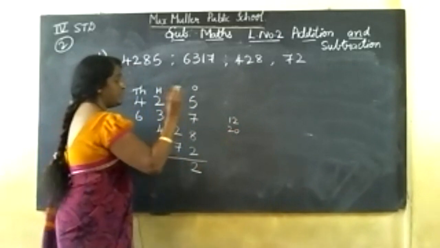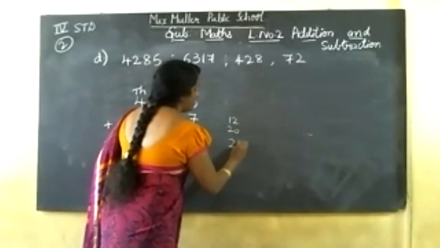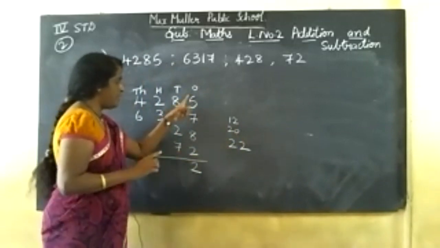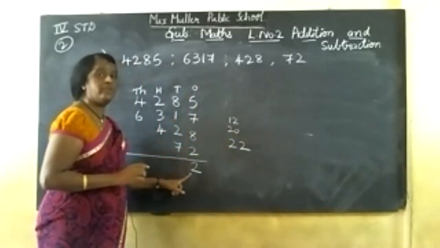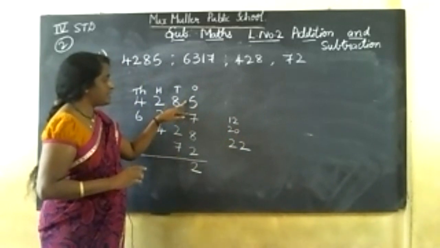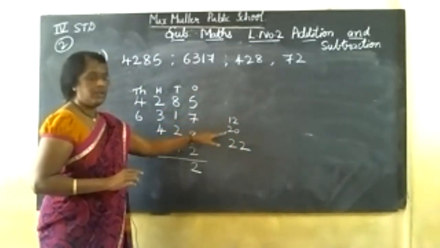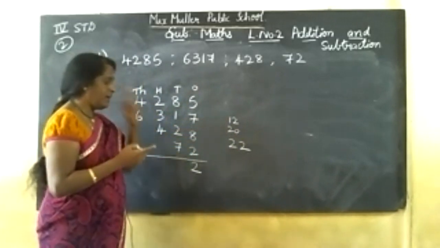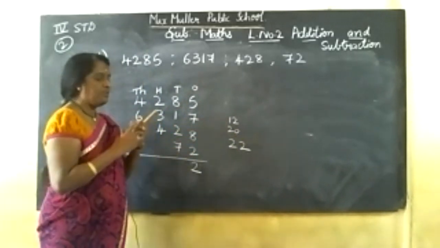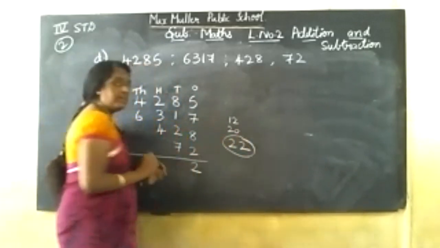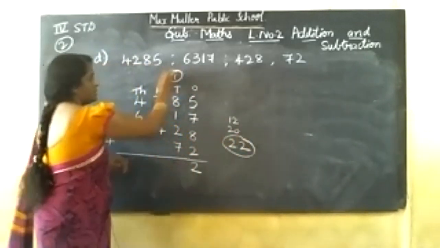2 here. See, always you may think only 1 carry will come. No, here I got, when I add all this, I got 22. See, when I add this, 5 plus 7, I got 12. 12 plus 8, 20. 20 plus 2: 20 in the mind, 2 on my finger, after 20, 21, 22. I got 22 here. You may think 1 carry.